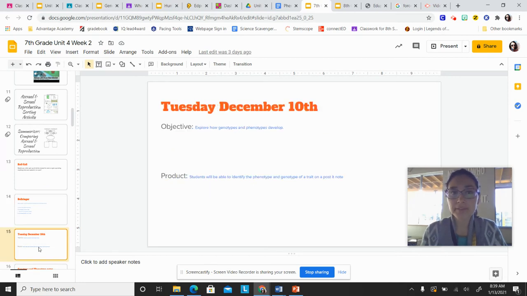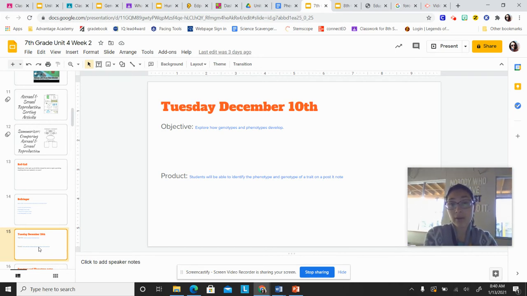All right, so your objective today is to explore how genotypes and phenotypes develop. So first we've got to know what a genotype and phenotype are, and then think about how those show up. Okay, so your product: students will be able to identify the genotype and phenotype of a trait on a Post-it note. So for those of you in class, you will get a Post-it note, and I'll give you a phenotype and genotype on the board,